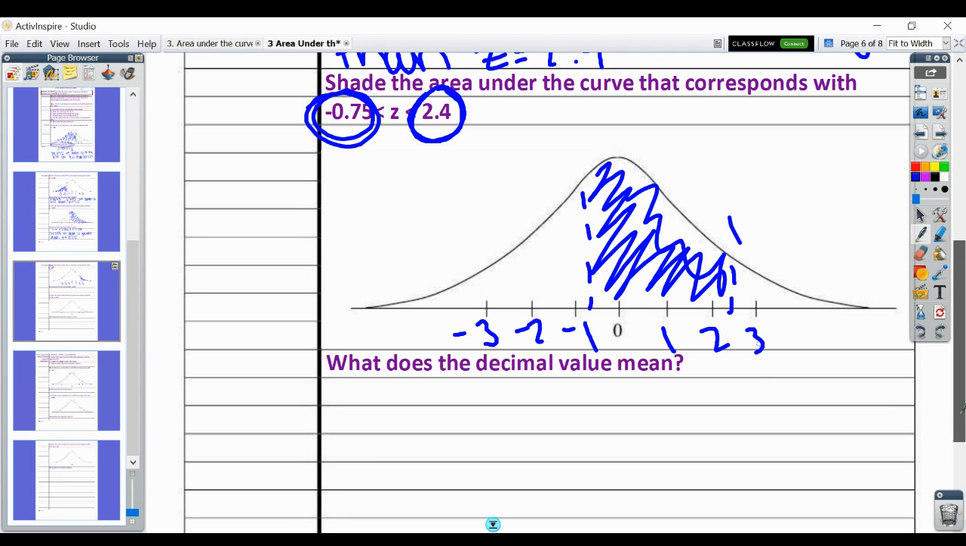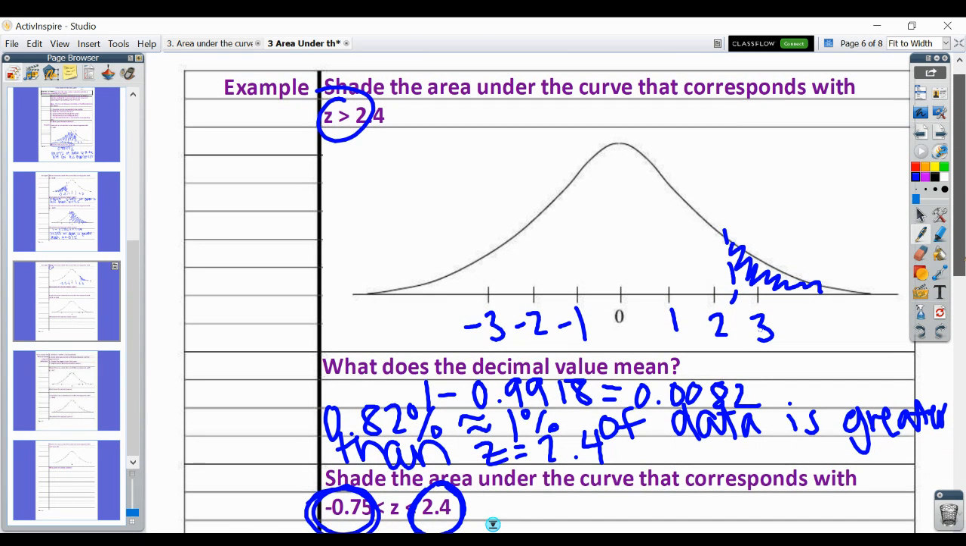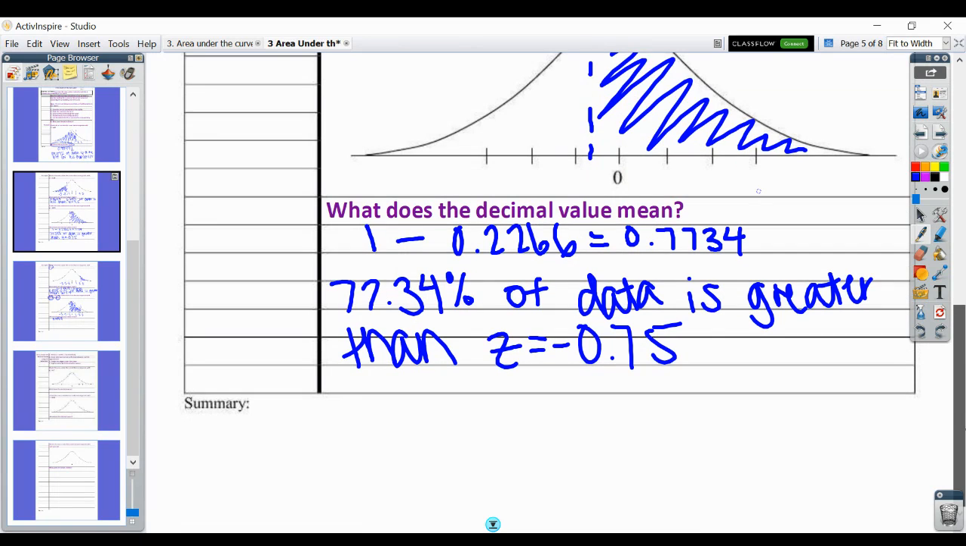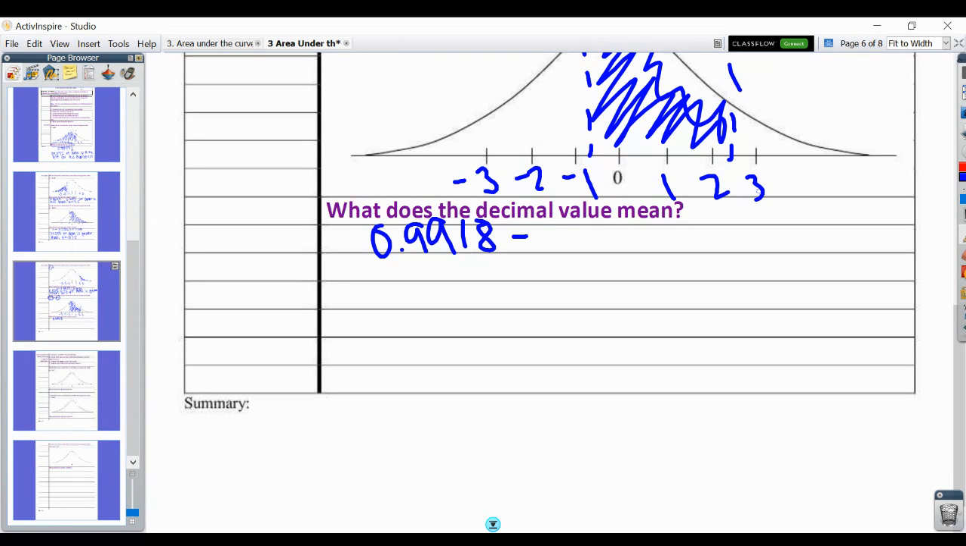I'm going to scroll up right here. We already calculated z is less than 2.4, so that's 0.9918. And then if I flip back a page, negative 0.75, that was the very last example we did, and we got 0.2266. So we subtract those values, and we get